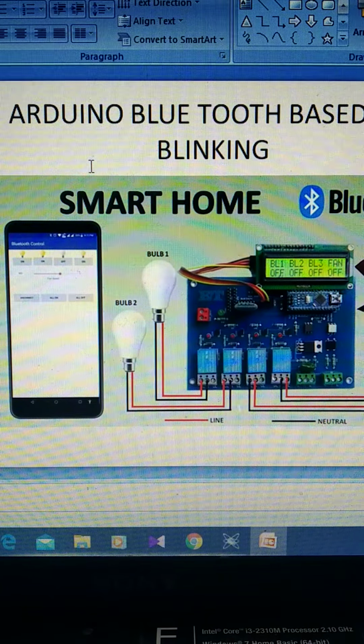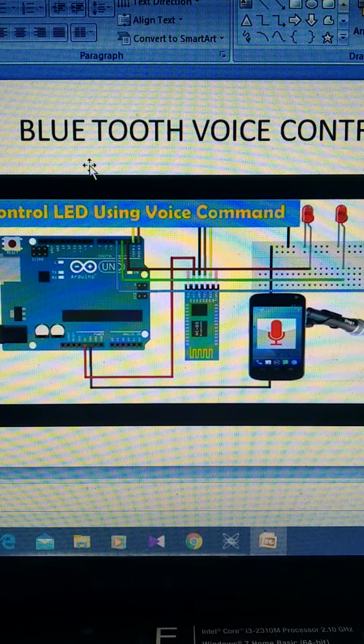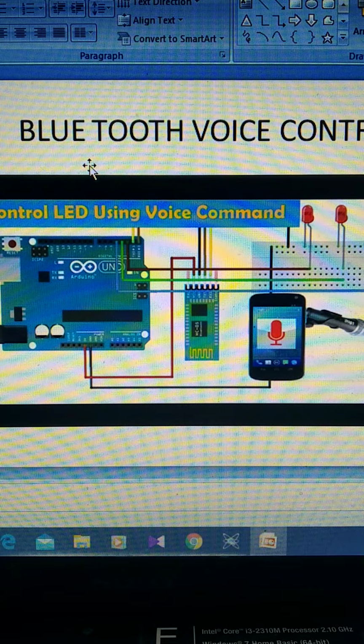In this Bluetooth, voice control is also there to control the LED. By giving on and off commands, we can control the LED.